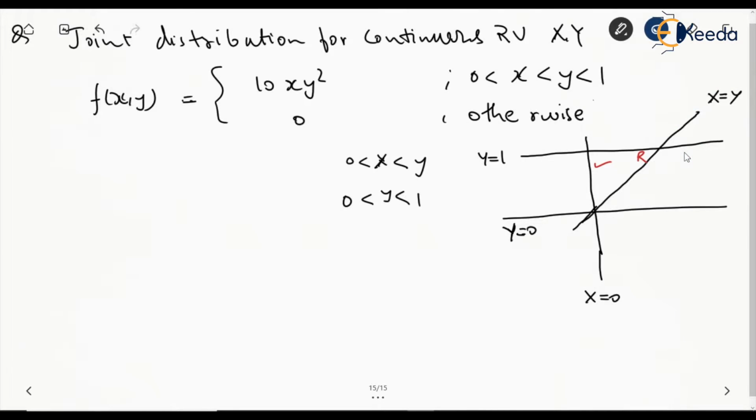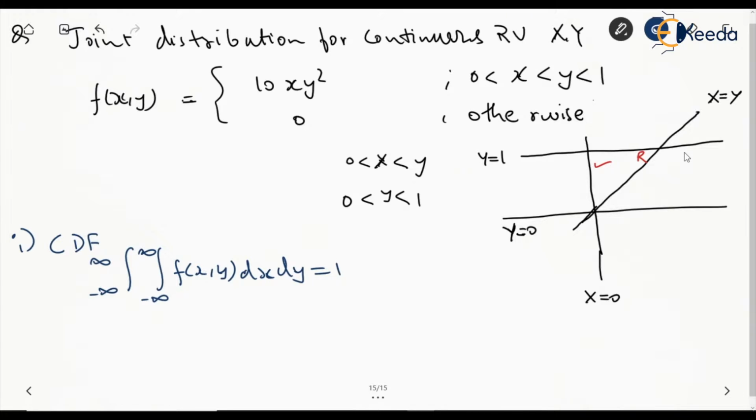So let's say the first case is finding the integral from minus infinity to infinity, minus infinity to infinity, of f of x comma y dx dy, equal to 1. We have to check this,